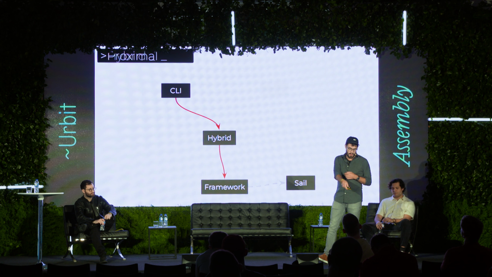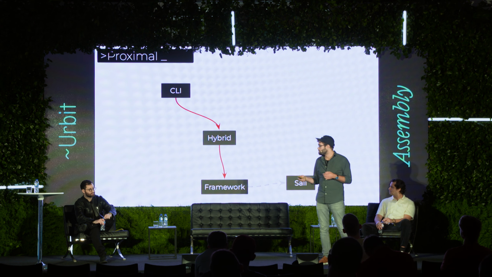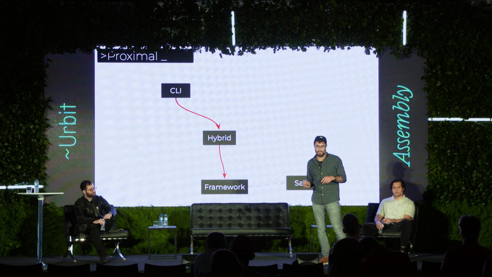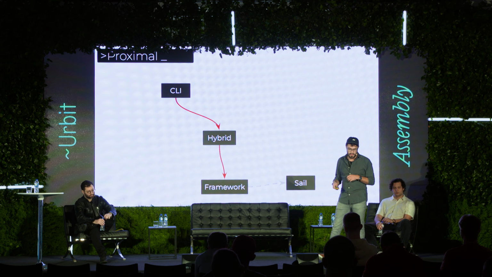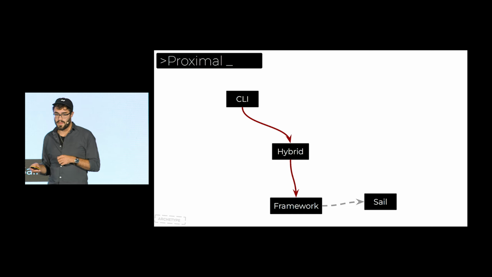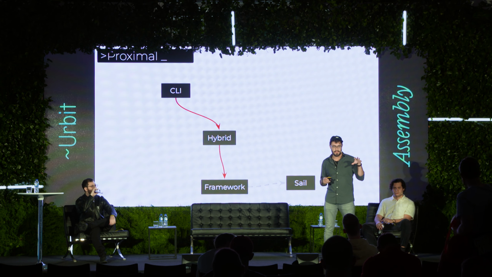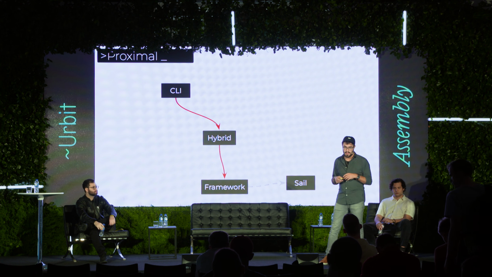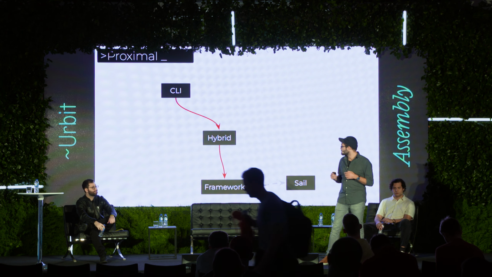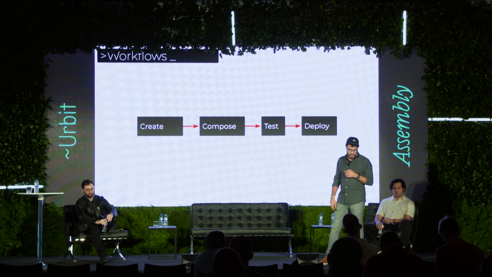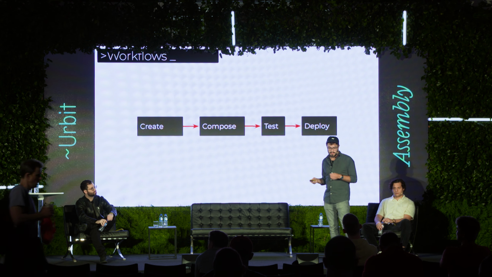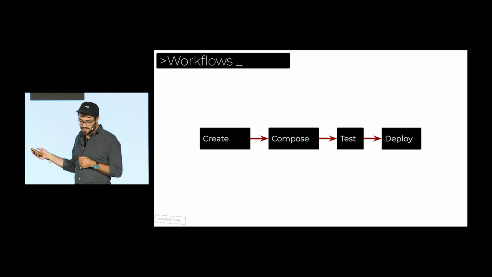Ultimately, what we're working on right now is this first path through. This is the lowest lift way to test the set of standards and framework that we've built. So we're working on a CLI called Golem that lets you create Urbit projects from Earth with templates. The templates are for the desk and for UIs, and you can have a reasonable starting point, whether that's CRUD or a web server, and then keep iterating from there using these standards. And you get all of these things there, right? You can test creation, composition, testing, and deploying with that first hybrid workflow.